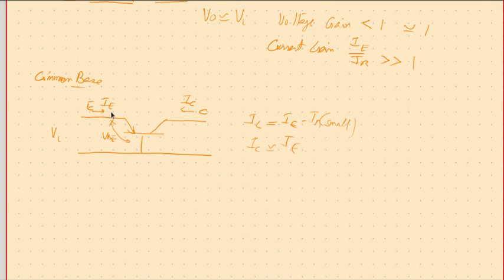That proportional IE will produce almost equal IC, and this IC, if you make it flow through a resistor RC, then the voltage across RC will be IC times RC. So this voltage will be very large. This is almost constant and this is large. Therefore, we get a high voltage gain,